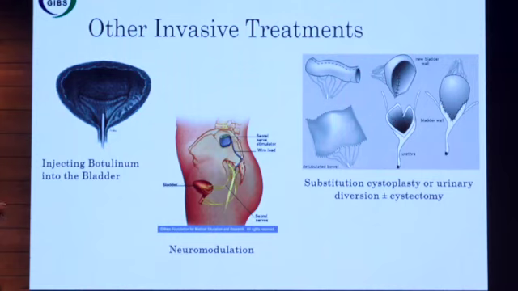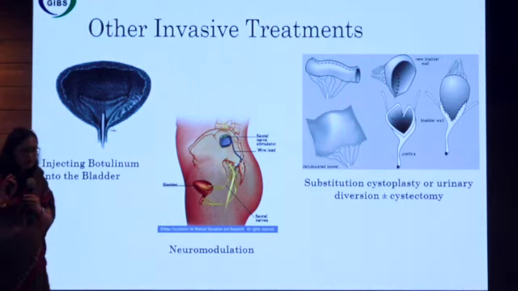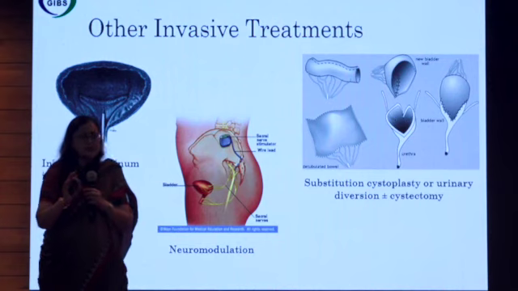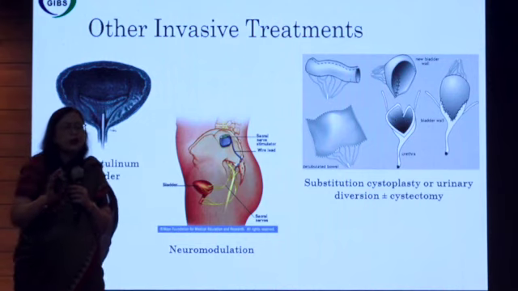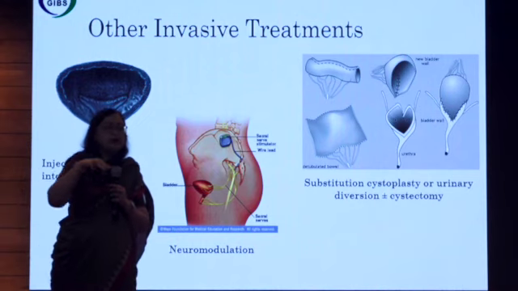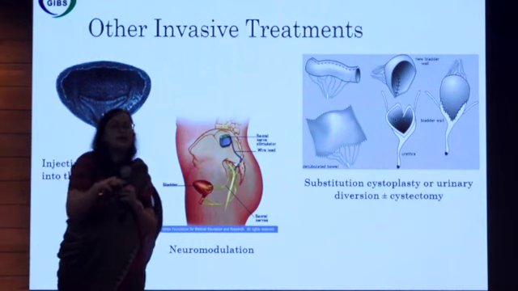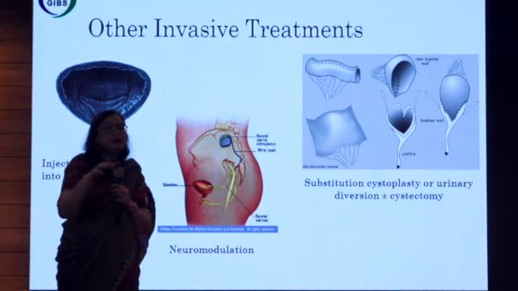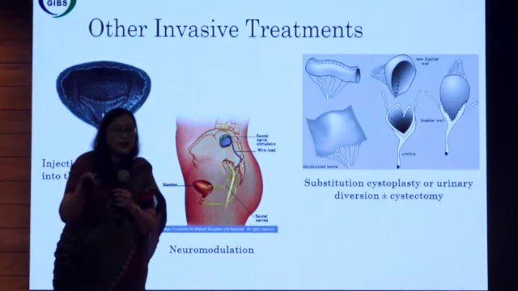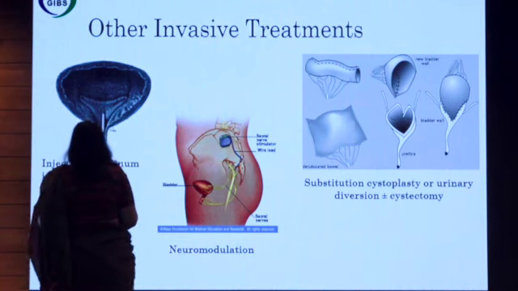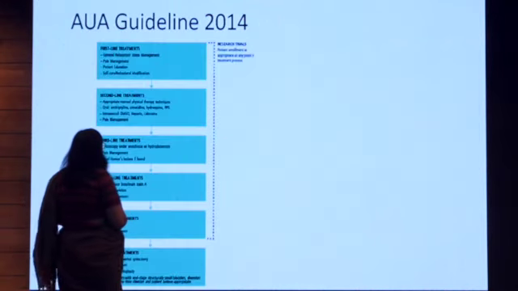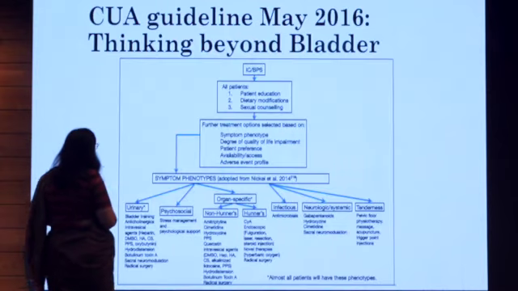I think in these patients, just a last thing: don't go for partial cystectomy, or augmentation cystoplasty, which is not helpful, because the other part of the bladder which is left will develop the disease. So these patients are candidates for either whole bladder removal and a new bladder, or a kind of substitution cystoplasty or diversion. So guidelines you can go for.